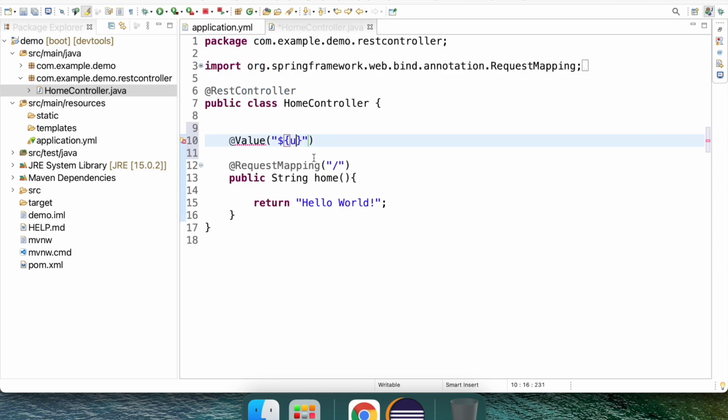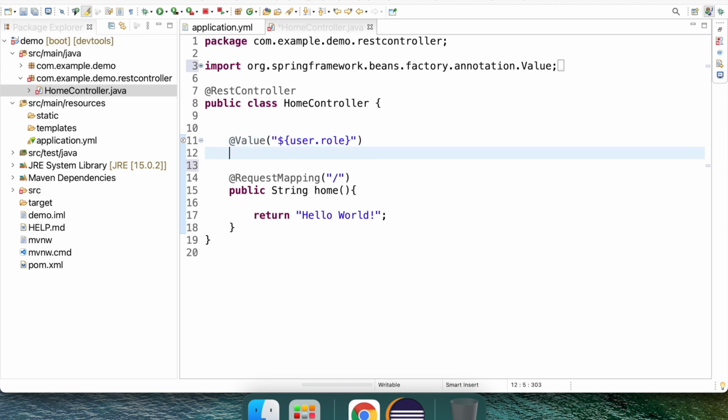So with the separation of dot, we have to give the variable, and to get it auto imported, click on Control Shift O, or Command Shift O in the Mac, and declare it as String userRole.